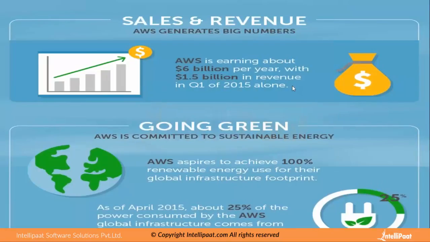So AWS is earning about 6 billion per year, with 1.5 billion in revenue in Q1 of 2015 alone. So it was 2 years back. I would say by 2017 it would have